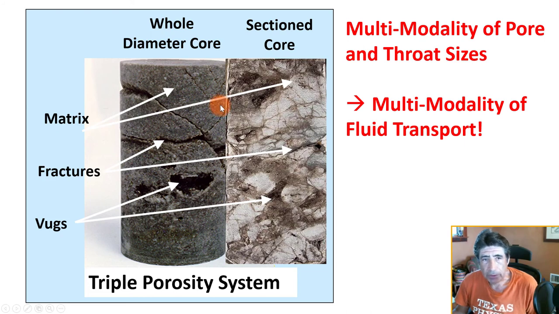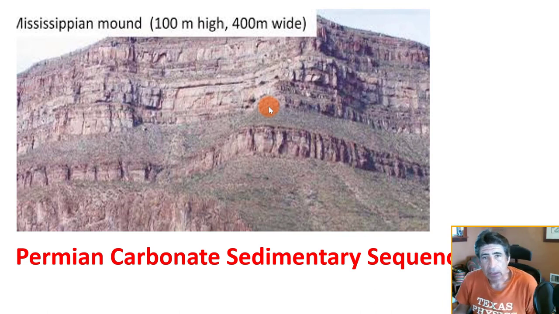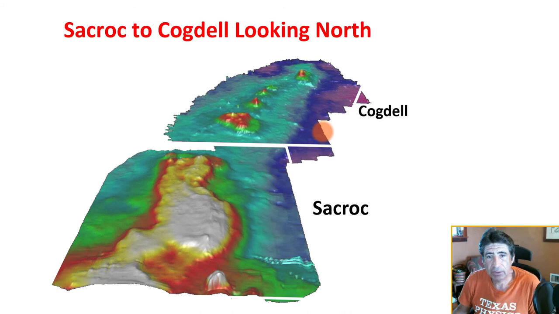And it's very important when we do core log integration to look at cores because visually we can not only look at thin sections that describe to us the degree of diagenesis, the pore structure, but also they can give us a very strong indication of the variability of pore and throat sizes because they're going to have multimodal transport of fluid across them. The carbonate sequence that we're going to talk about today is in the Permian Basin, located in the Sacroc field that is currently operated by Kinder Morgan, and the Sacroc field is